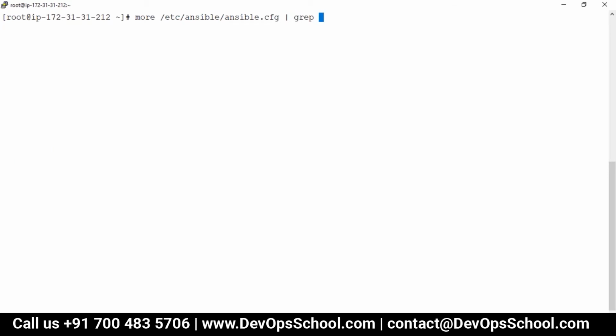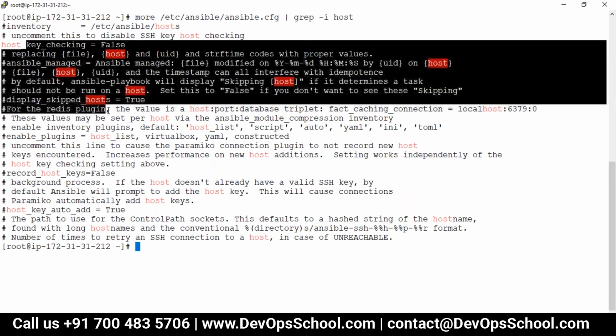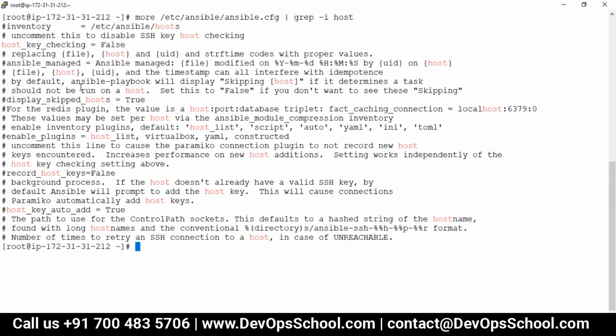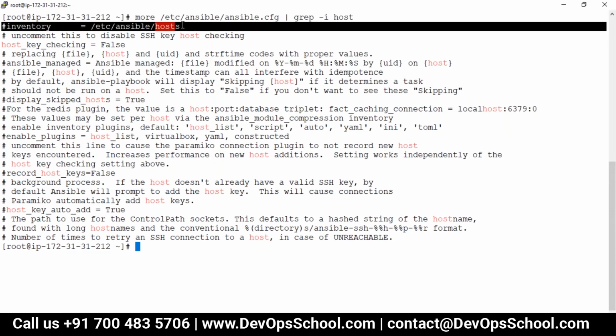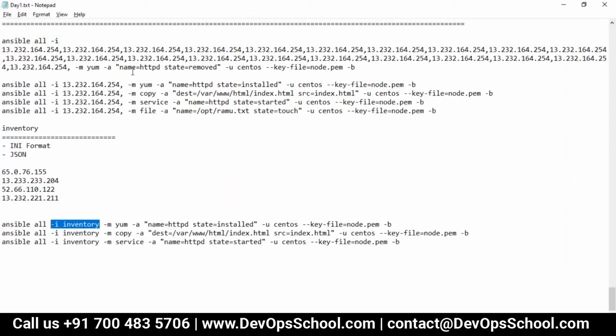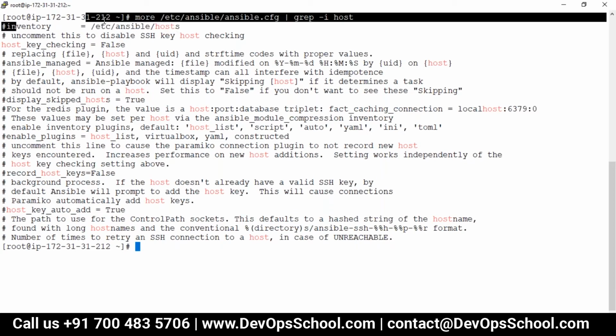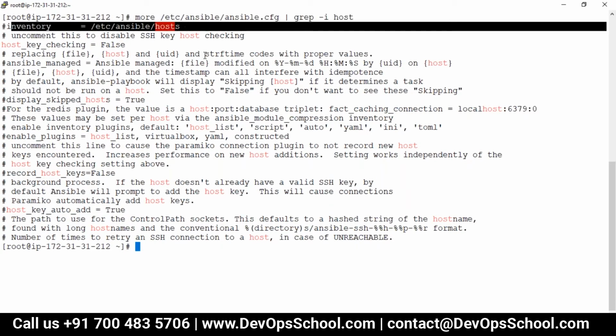So the default value is, see here, the host file. Where is the host file? First line. Did you see? He got it. So this is the default value. Even if you don't give it, it will take it from here, but it should be available. But if you want to change the default value, you know very well what to do now.